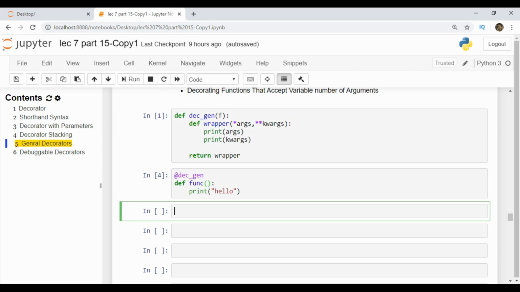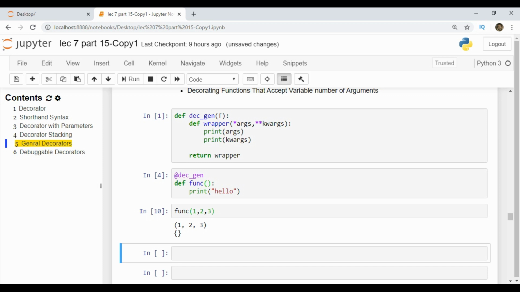Now we see whether func runs for variable positional arguments, wherein we pass 1, 2, 3. Click on the cell, run the cell, we see the output as 1, 2, 3. Again we call this callable func, which is returned by the decorator, and we pass a variable number of keyword arguments along with positional arguments.